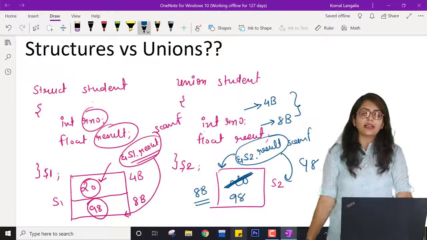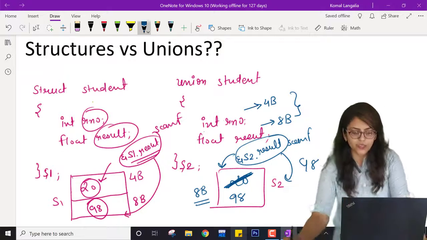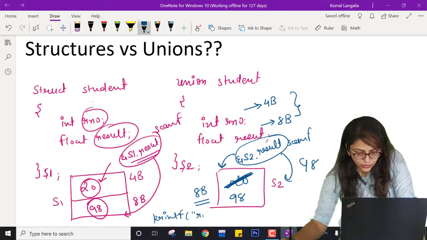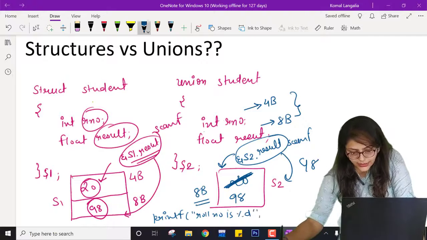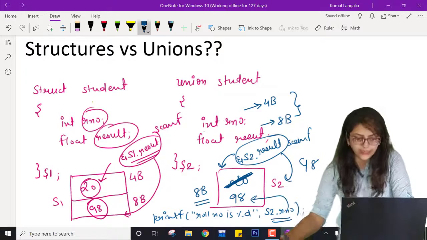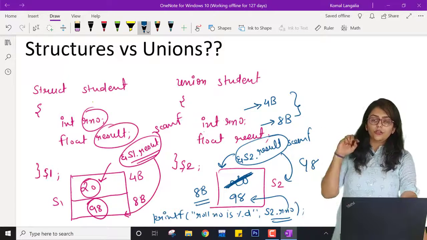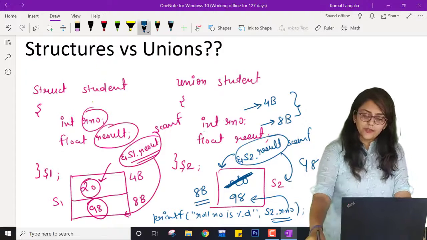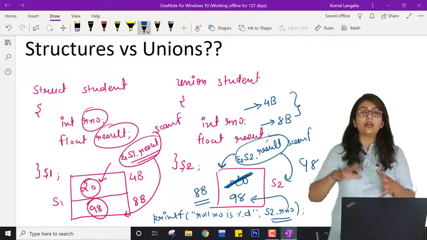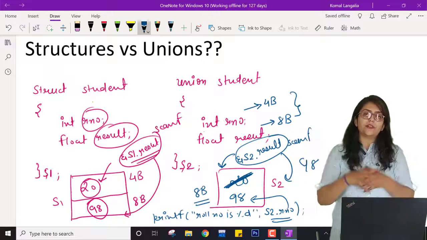So now if I write a statement like printf, say roll number is %d, and here if I am writing s2 dot r number, then it will print 98, not 20. So this is the difference between structures and unions. Please go through this difference before going through the actual notes for the difference.